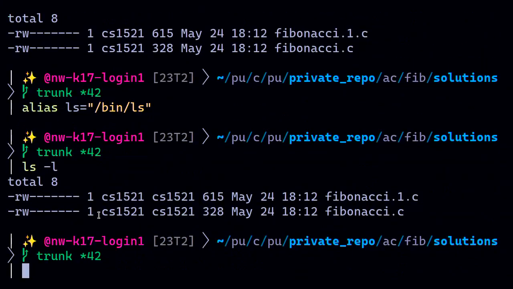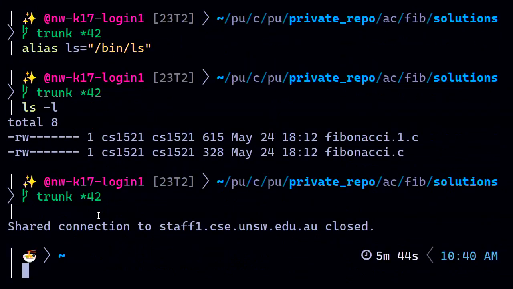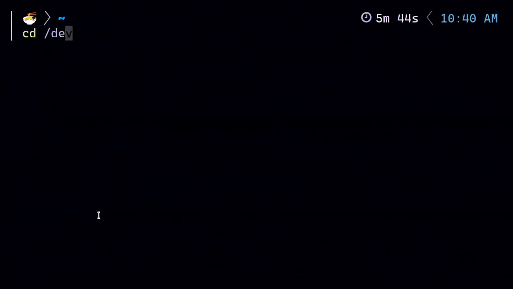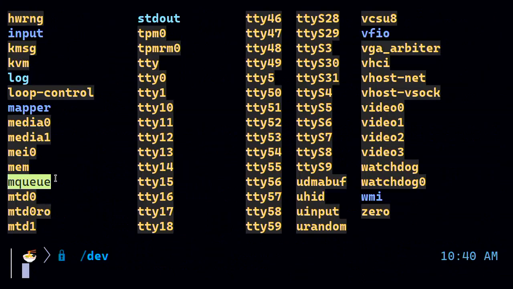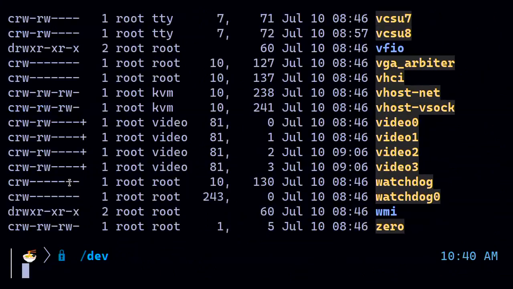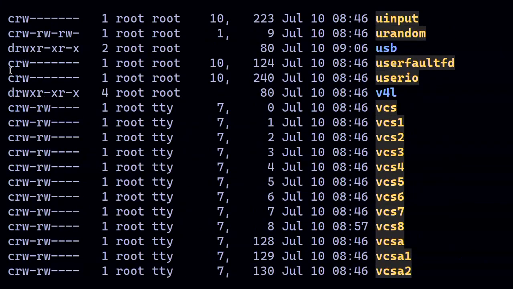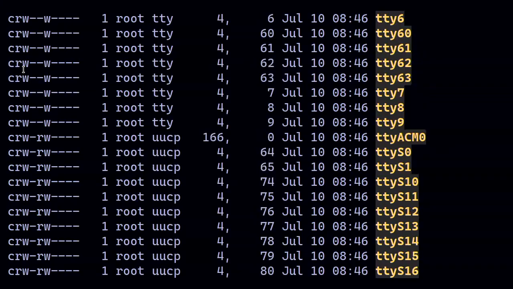And one of those examples is in /dev, cd /dev. In /dev, if I run ls -l, we can see that instead of starting with a dash or a D, we have a bunch of different files that start with a C. And C actually stands for what we call a character device. So a character device is essentially a fake file which allows us to interact with some sort of real physical device. So for example, there is